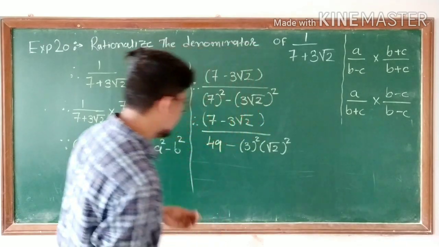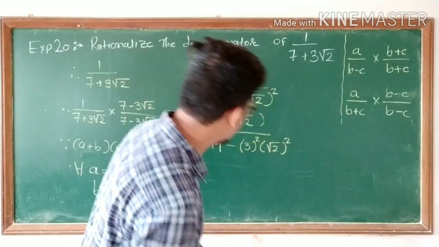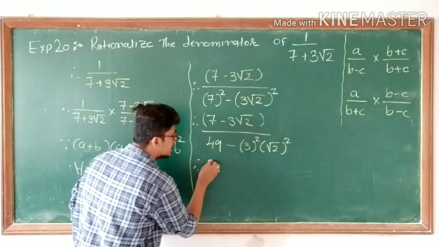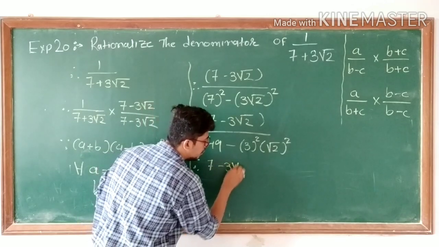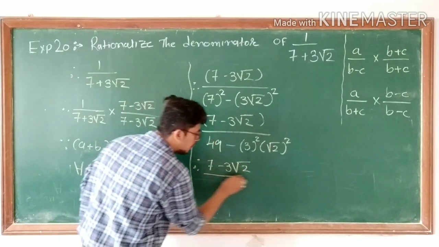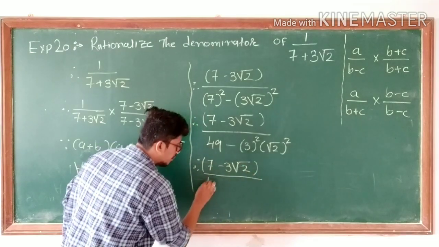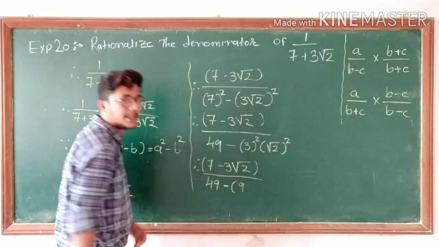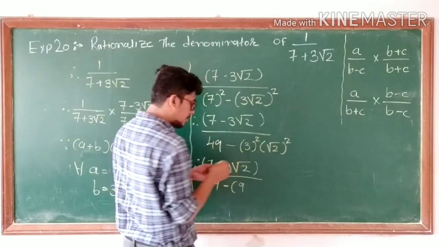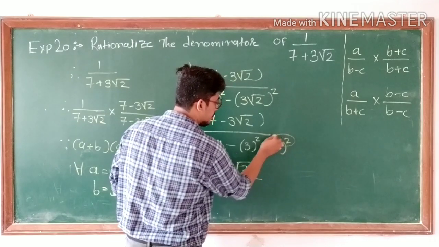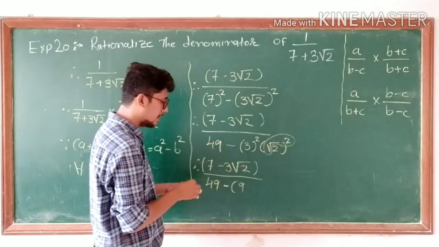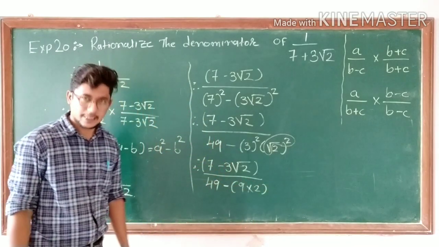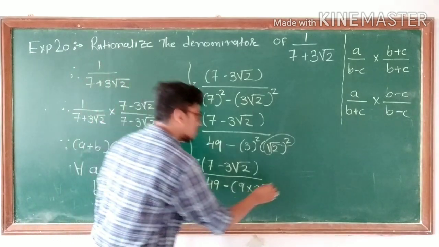So now we know that we will write it again. 7 minus 3 root 2 will be as it is, whole divided by 49 minus 3 square, which is 9. Yes or no? And square root will get cancelled. Square and square root will get cancelled. So another value we are getting is 2. Yes or no? Yes. So now therefore